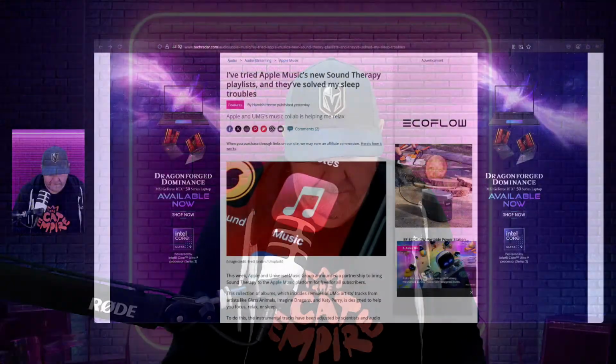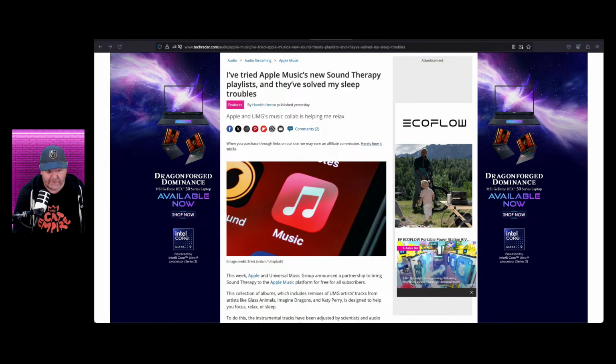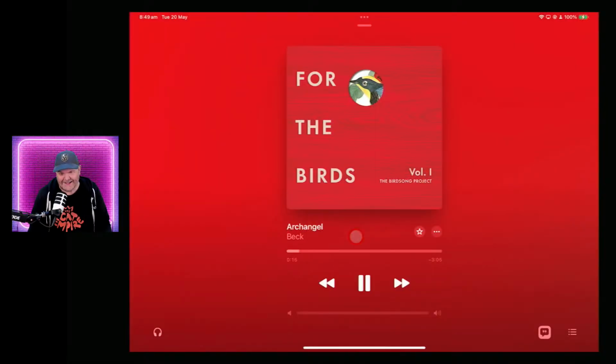In fact, let's load up Music here and see if they're actually pimping it out to me. Come over here. Yeah, there it is. So there's my focus station, and I haven't got this set up to play, but if we turn it on, oh, it's playing Beck. Okay. The heck? What the heck, Beck? There you go. That's pretty cool. I'm on the wrong screen, aren't I? There you go. All right. So yes, there you go.